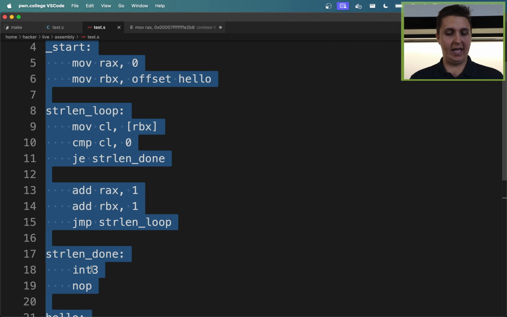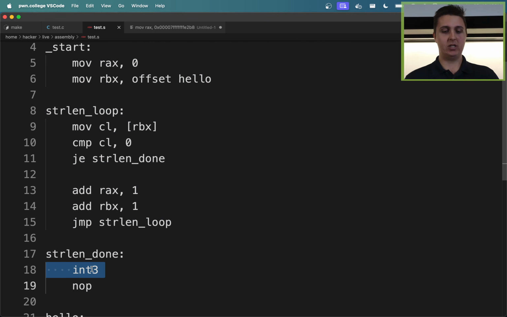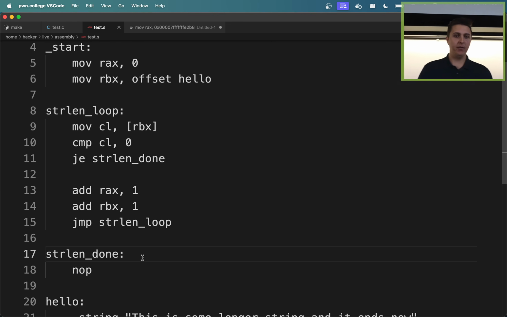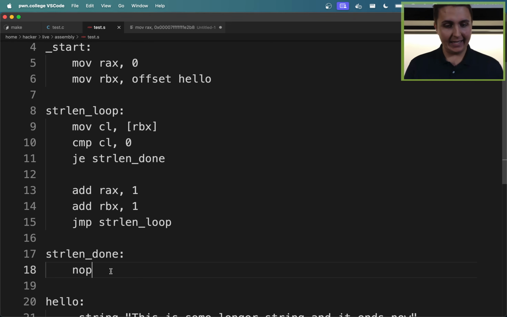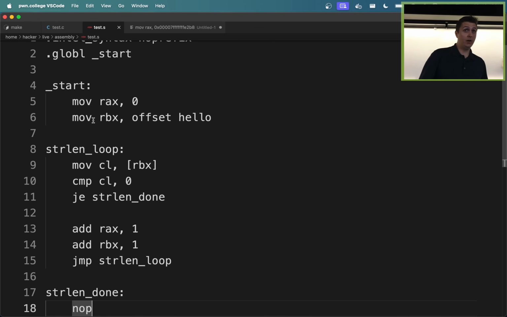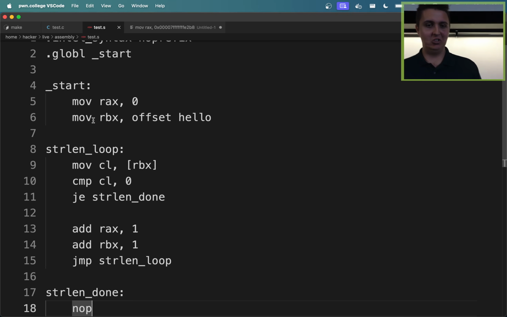And then at the end of class we also demoed this int3, which creates a breakpoint for us, but we don't technically need that for this algorithm. And this is str length. This isn't necessarily a very optimized version of str length. We could go and look at,